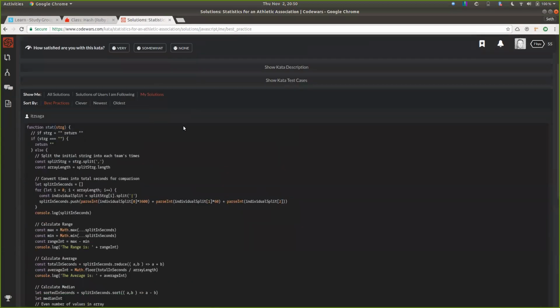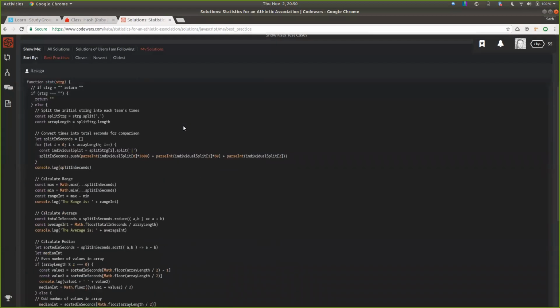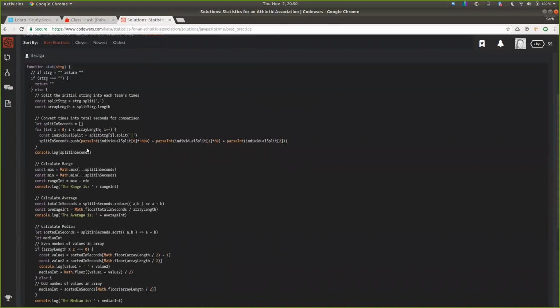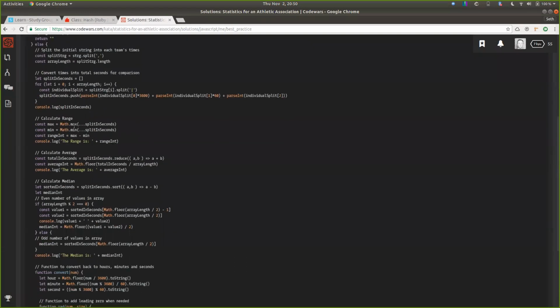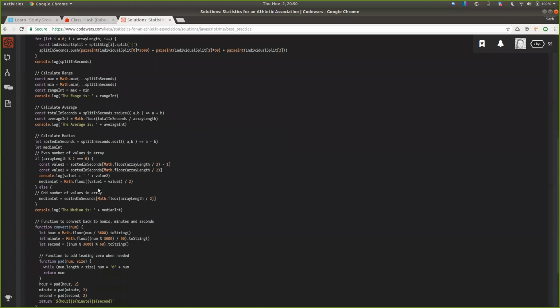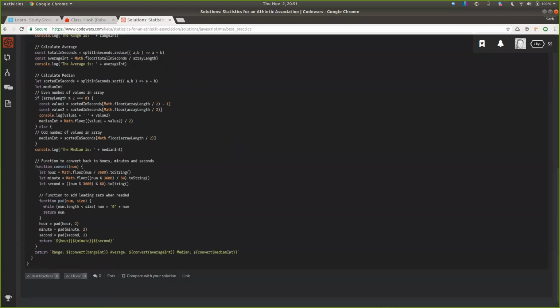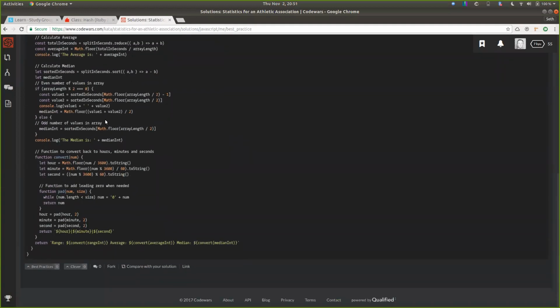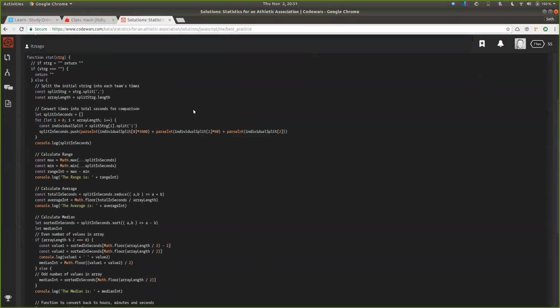my code might be like 3 times as long, and I guess I still have testing stuff in here, like these console logs could go, but it's commented, like split initial string into each team's times, so okay, that's what's going on here. Convert times into total seconds, okay, that's what's going on here. Calculate range, calculate average, calculate median, and I'm sure I can do these things better, but I understand everything that's going on and I can read it, and